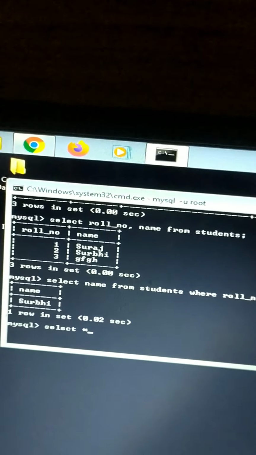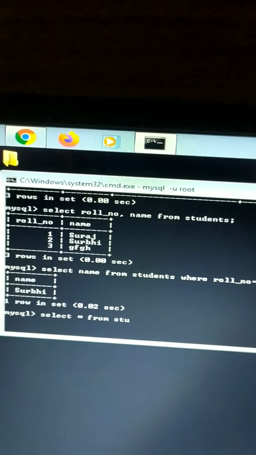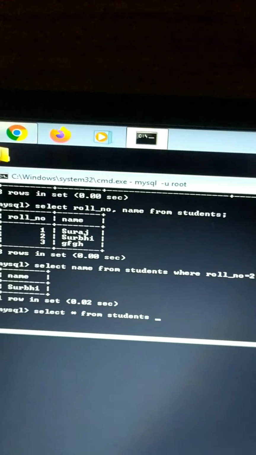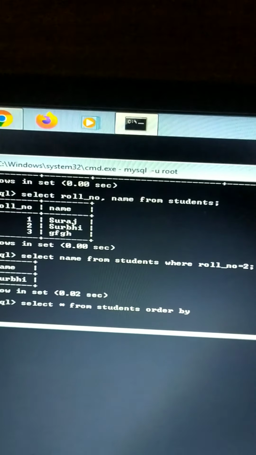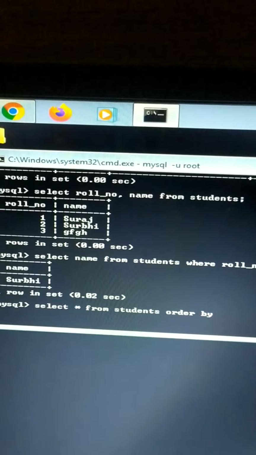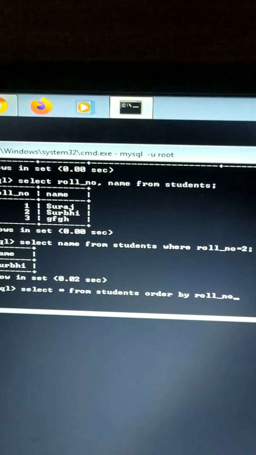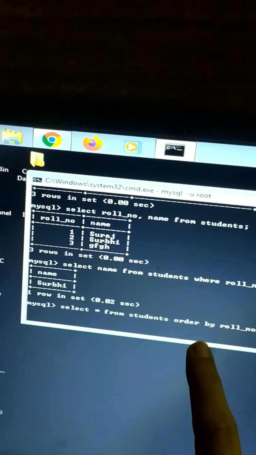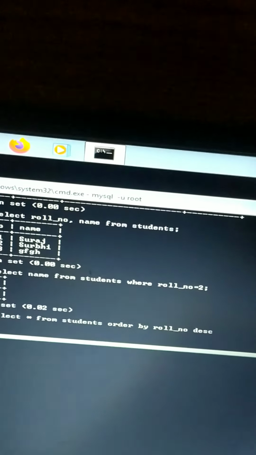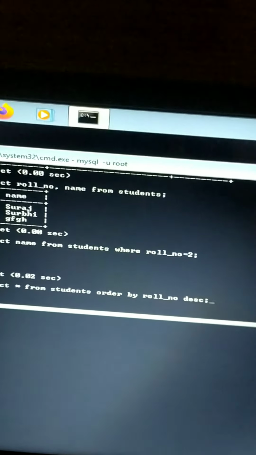Select star from students order by roll number DESC for descending, and by default it is ascending, DESC and semicolon.